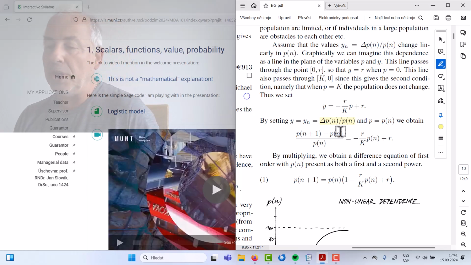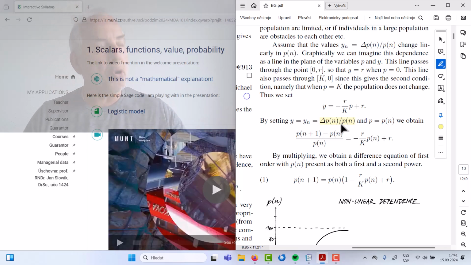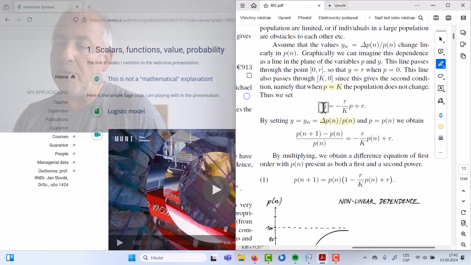and should be having the feature that if p is small, then it grows with some constant rate, like the interest in the bank, exponentially. But if we are approaching some limiting value k, then it doesn't grow at all. And the difference between them should be linear. So you see, the only way how to get there is that if p is 0,